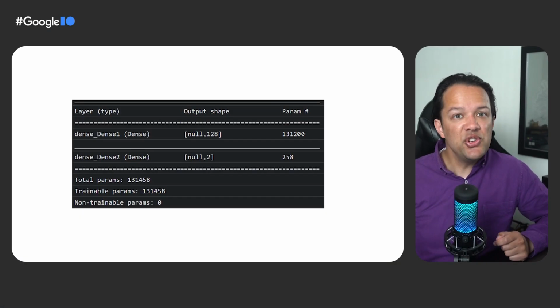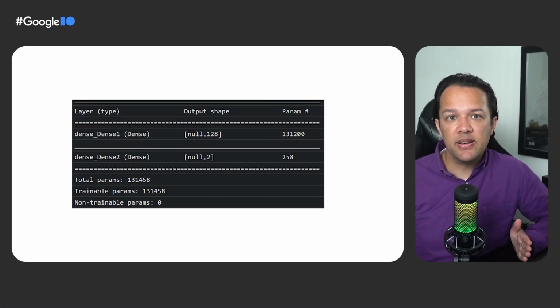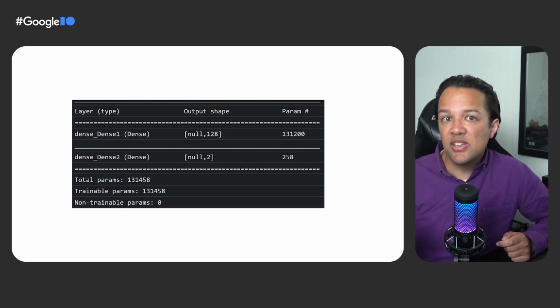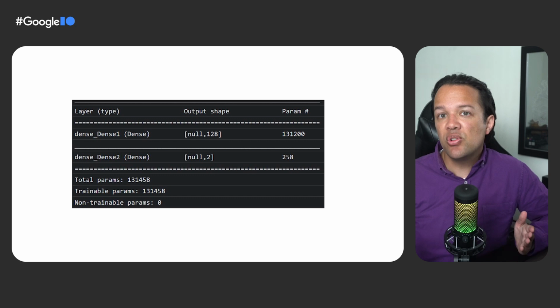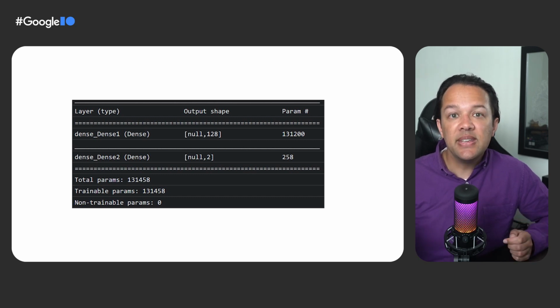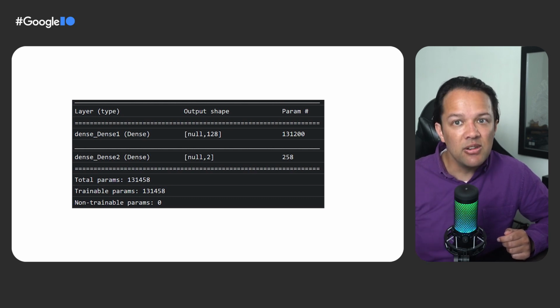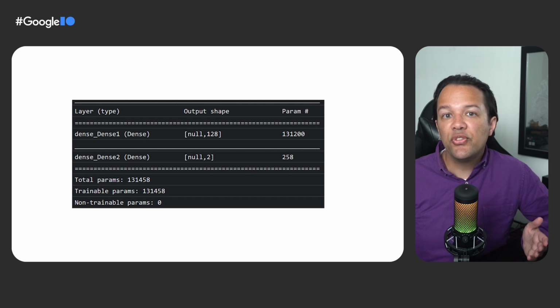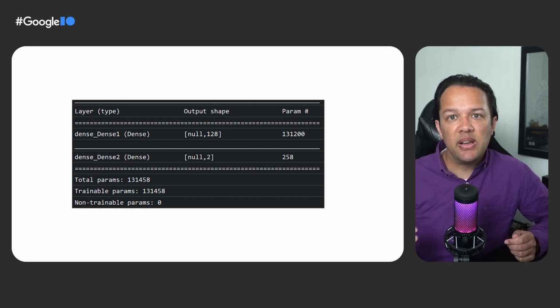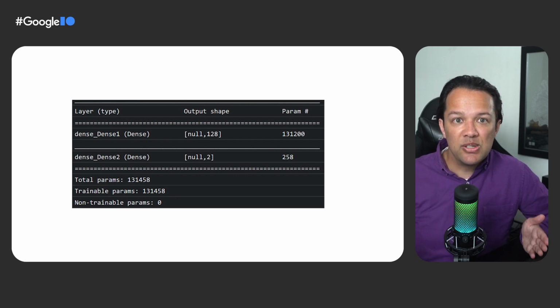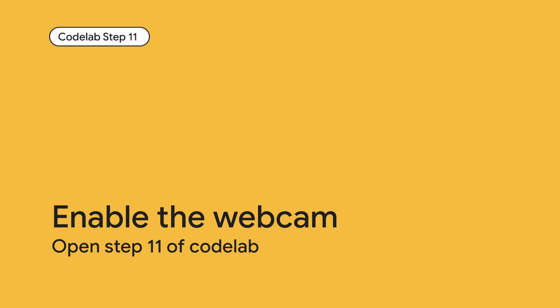At this point, if you check your console output, you'll see the following printed. Note that this has over 130,000 trainable parameters, but as this is just a simple dense layer of regular neurons, it will train pretty fast. Now you could try changing the number of neurons in the first layer to see how low you can make it while still getting decent performance. I'll leave that for you as an activity to do once you complete the project. Often, with machine learning, there's some level of trial and error to find the optimal parameter values that you give to the model for the best trade-off between resource usage and speed. Now head on to step 11 of the code lab.